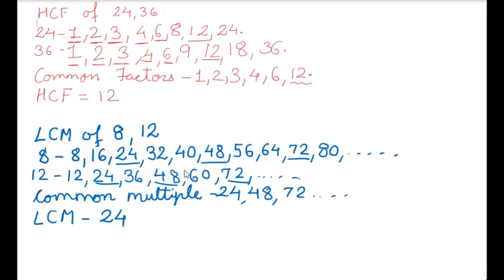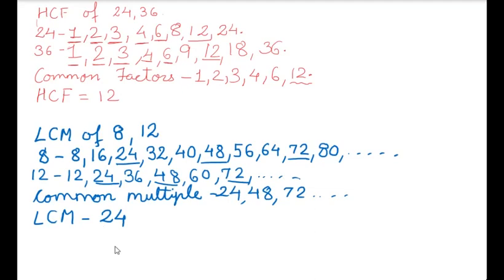Did you understand what is meant by LCM and HCF? For HCF we find the factors, the numbers which divide the given numbers. Here we are finding multiples, the tables, and the smallest one. This method we used in standard 6 to find HCF and LCM. But this year we are going to use Euclid's method, that is the prime factor method. Means we only use prime numbers to find the factors.